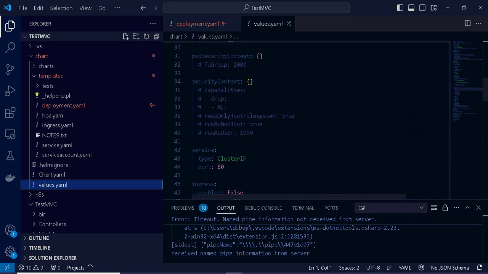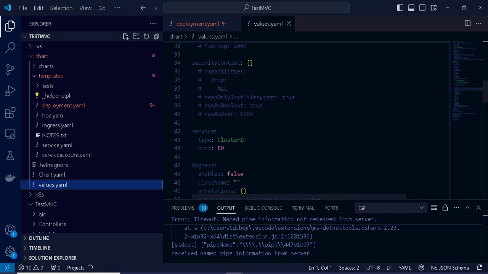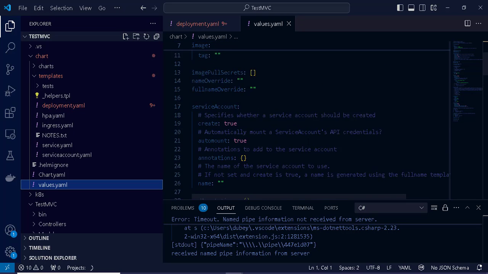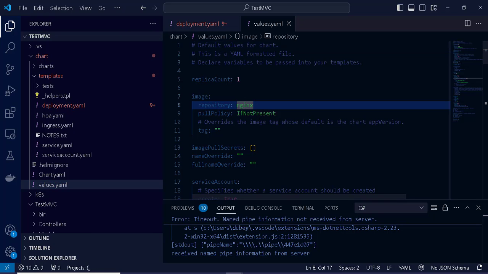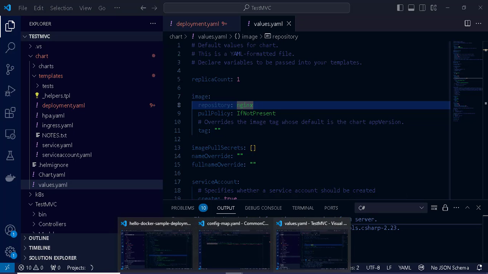Where is images? Yeah, this one. Okay, so our chart files are created. Now it's time to change our deployment to use this. So let's go to our